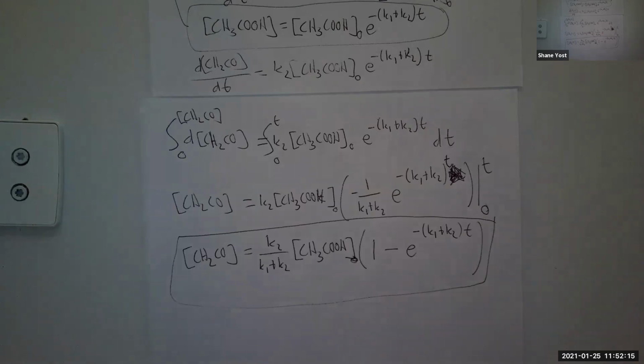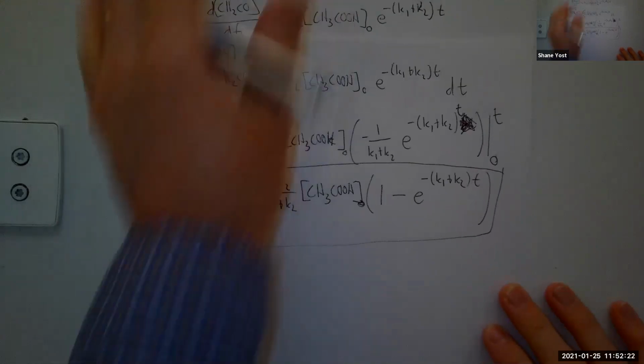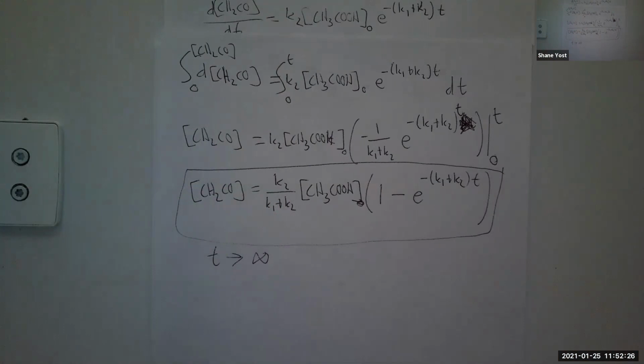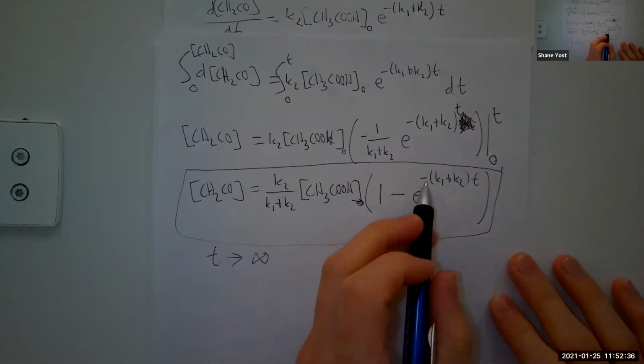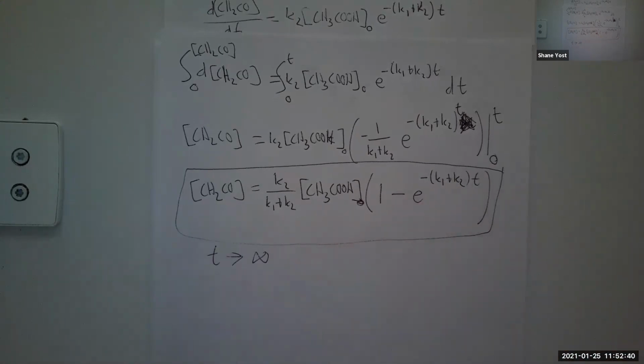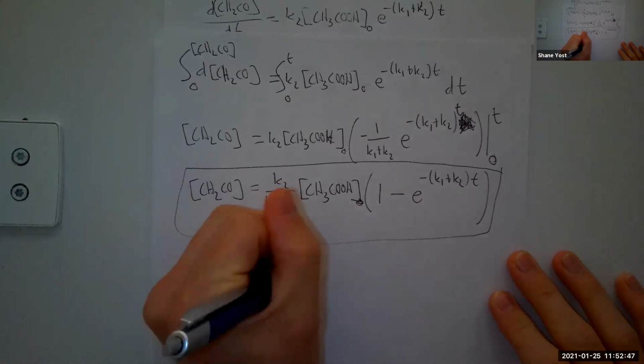So our theoretical maximum final yield for our ketene is just when time goes to infinity. I let this thing go to completion. I wait forever to make sure it's completely reacted. So as time goes to infinity, this is going to be e to the minus infinity, e to some extremely large negative number, which is just equal to 0. So as t goes to infinity, my final concentration of